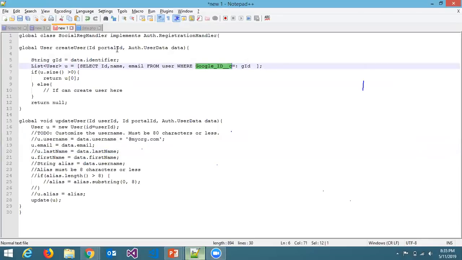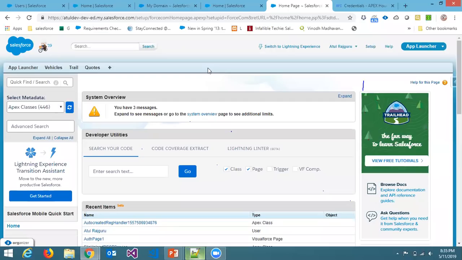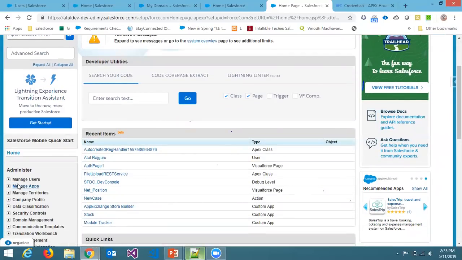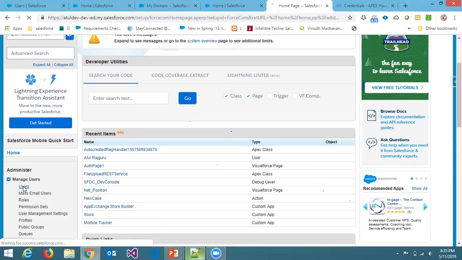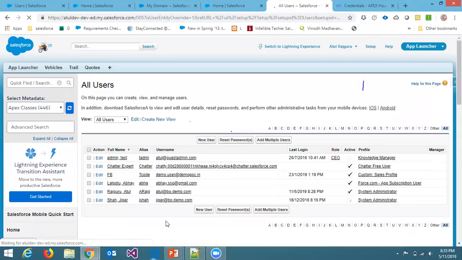right? So we have a user object in Salesforce. On that I have created this custom field Google ID. Suppose a new employee comes in and wants to use his social credentials for logging into Salesforce. What you can do is get his ID. We just need to know his ID, which is sort of public information, and we can map that user's ID on their user record. This way we just need to do this setup only once, and whenever a new user comes in, we just need to update that specific field,